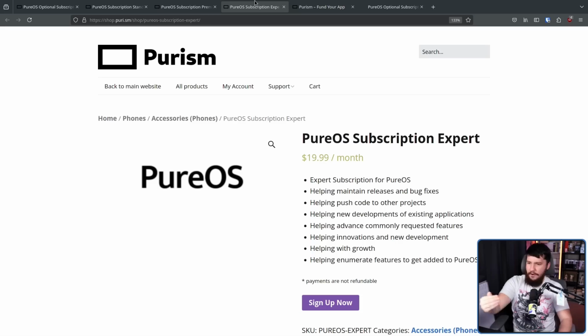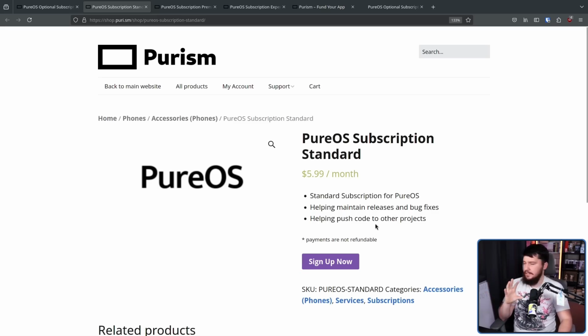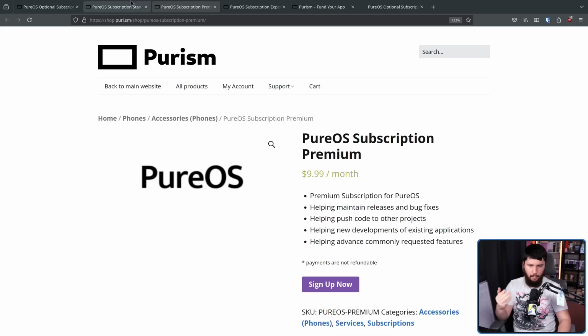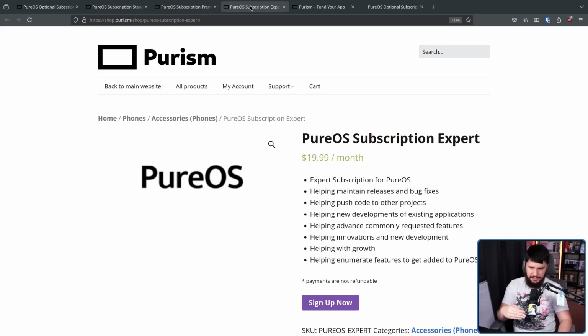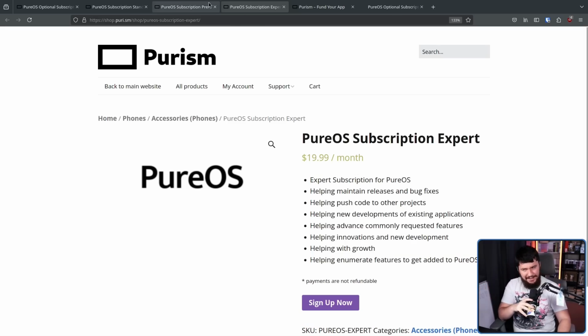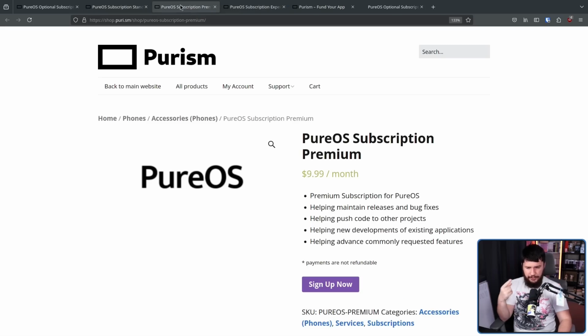That's the transaction. None of this other stuff is actually relevant. Now, I don't have an issue with having the different tiers. The different tiers are fine. Maybe someone wants to give $5.99 a month. Maybe someone wants to give $20 a month. Honestly, I don't think it should be a set amount. They should just have the ability to have recurring donations because you're not getting anything from the donation anyway, so why does there need to be these set different tiers? And I guess having this list of features here pads out the selling page, but it just feels weird and awkward when you think about it for more than 1 second.